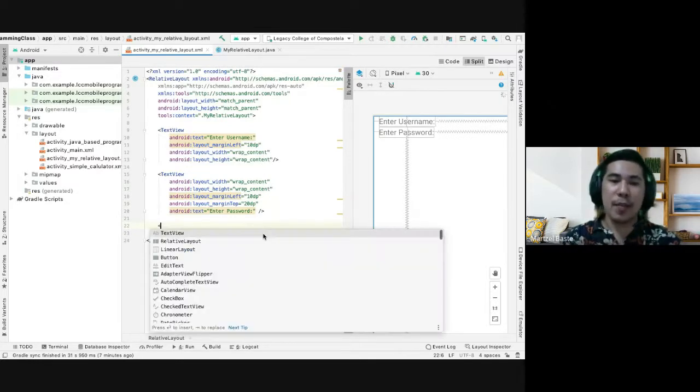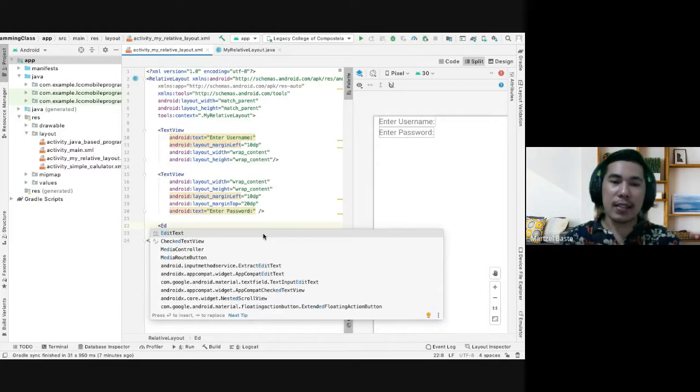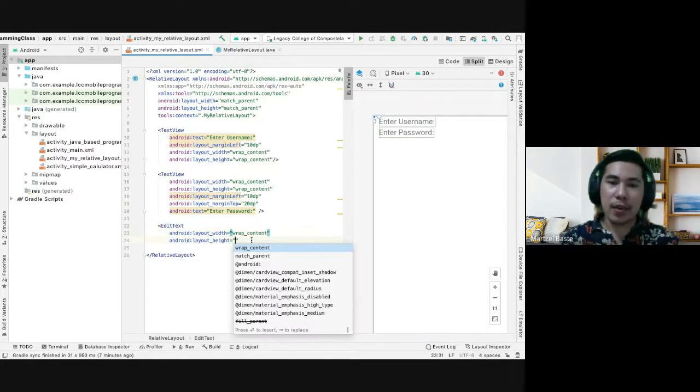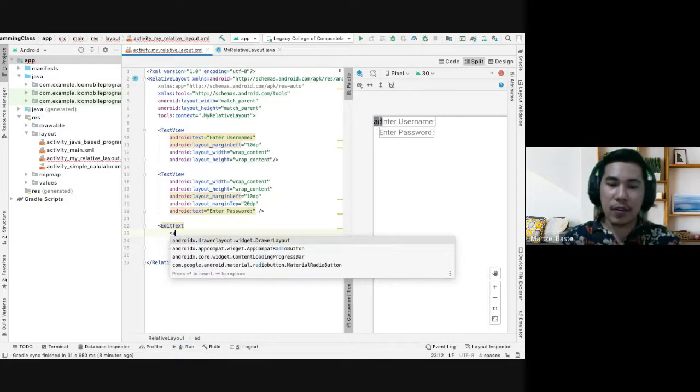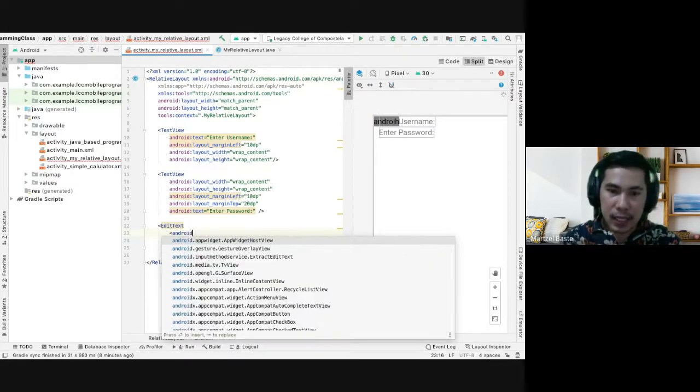pagka declare nimo. So example, nagbutang kag edit text. So edit text, wrap content. So in the edit text, wait for a while. Oh, where are you? So butang na tog Android. Naday tay Android hint. Kaning Android hint,